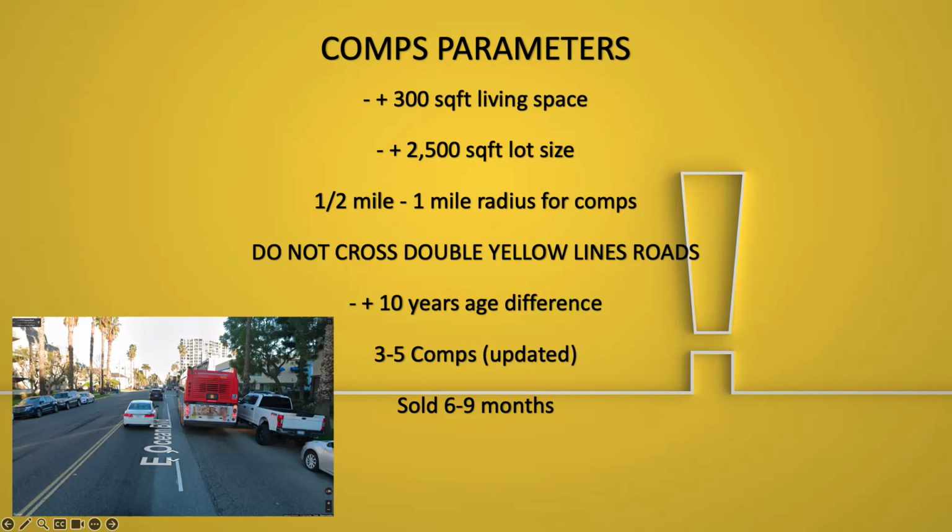Looking into comps, you definitely want to find 3 to 5 comps in the area. And I always like to look not just at what has sold in the last 6 to 9 months, but I also like to look at what's currently on contract or pending at the moment, because what has sold in the past is basically telling you this is the market history back here. What's currently pending on contract is telling you what's happening with that market at the current moment.